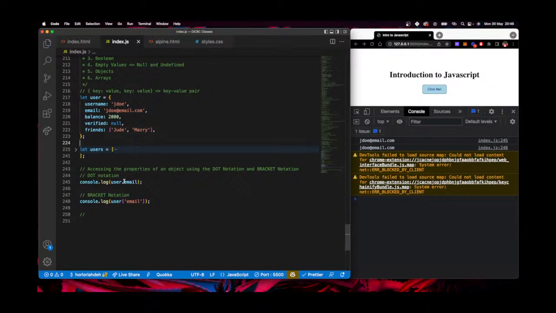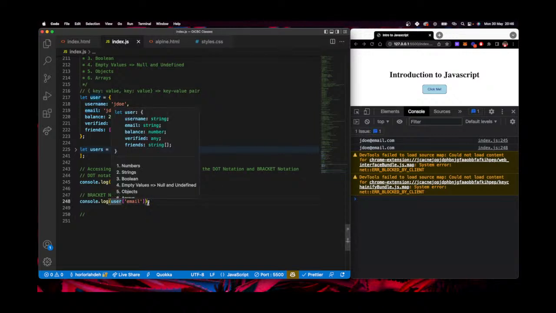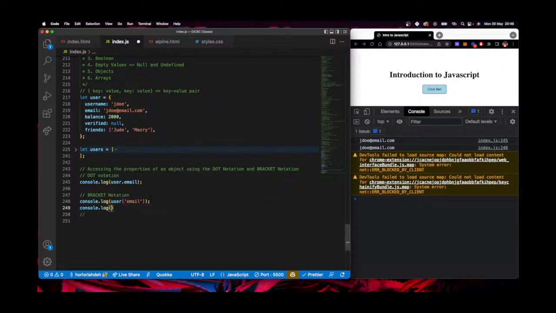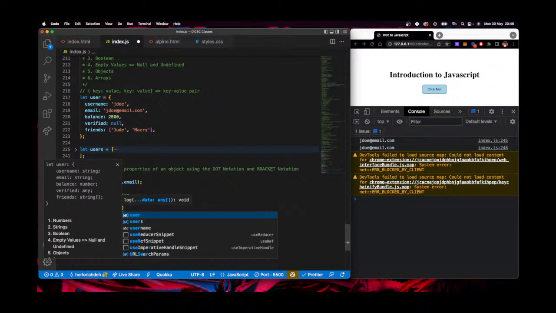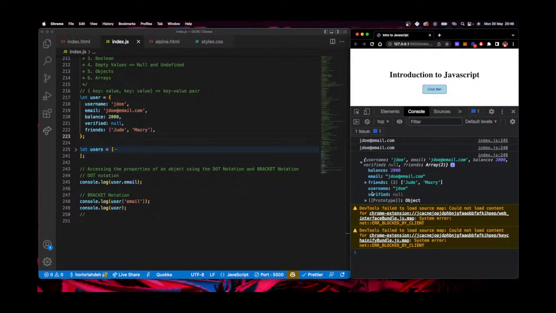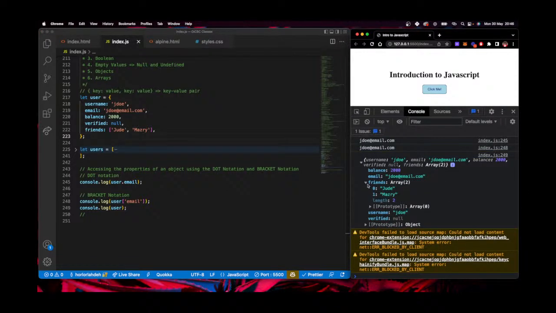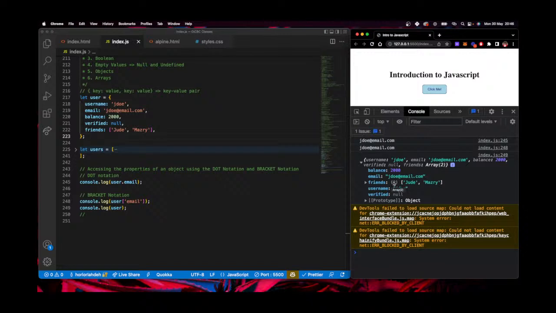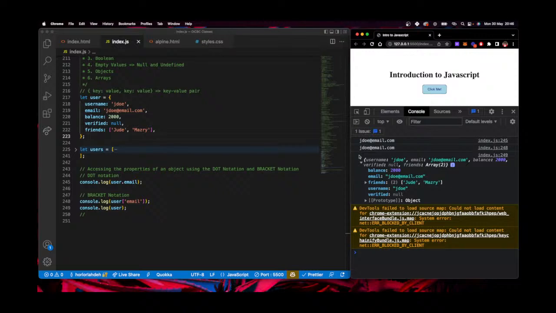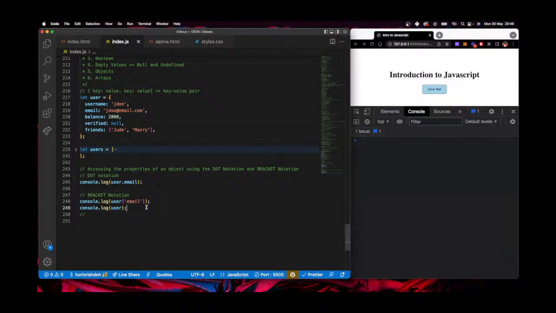So let's just console.log the entire user to show you that. So I'm console.logging user. You will see that we can actually see the array inside of the user now. The user has friends, and he has 2 friends basically. The 2 denotes the length of the array, which is the number of people that are friends with the user. So let me just remove that. So that's that. Let me comment this out as well, just to keep our console clean. So here, accessing